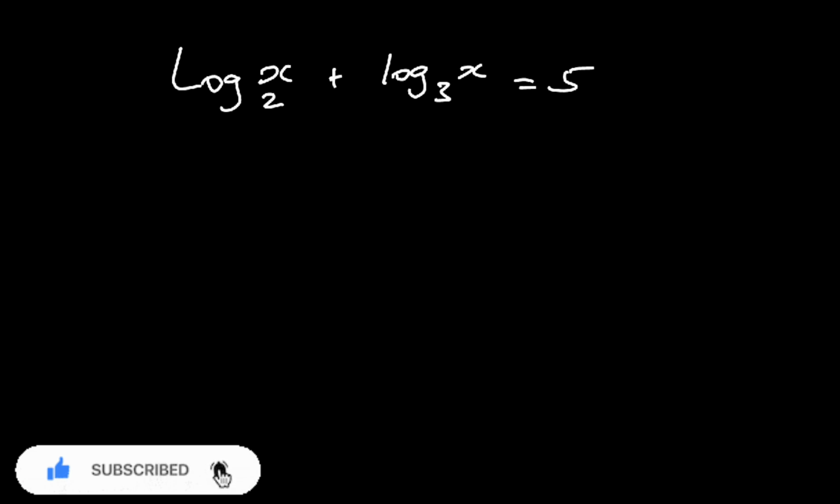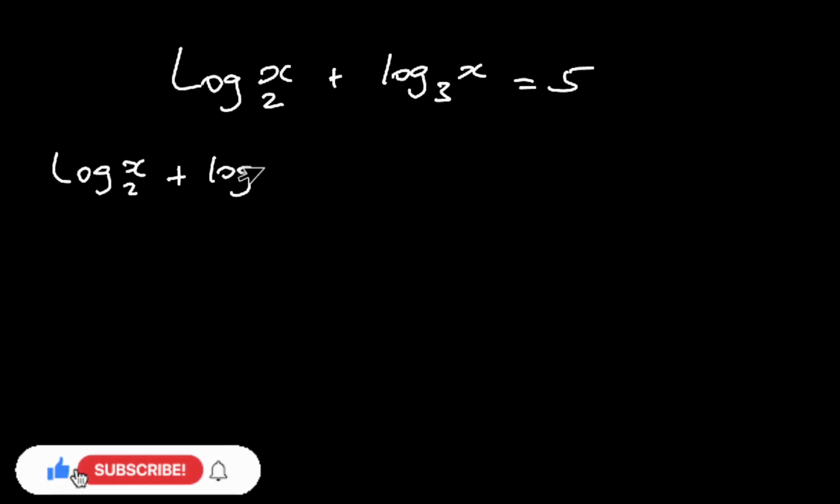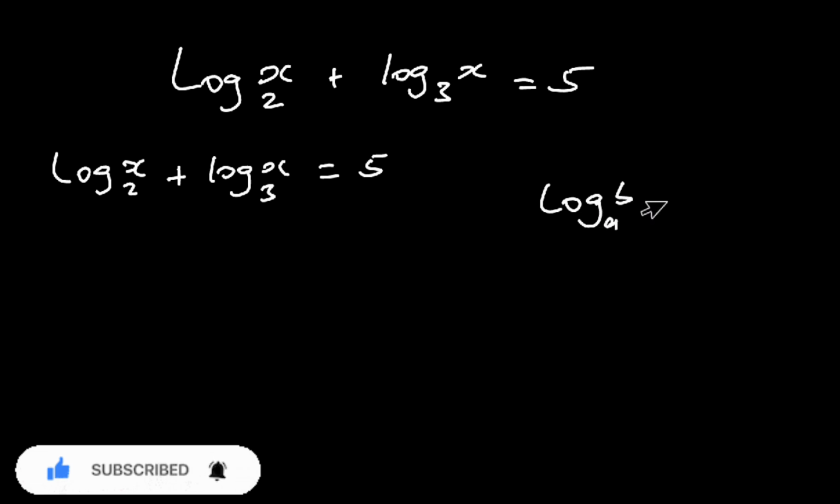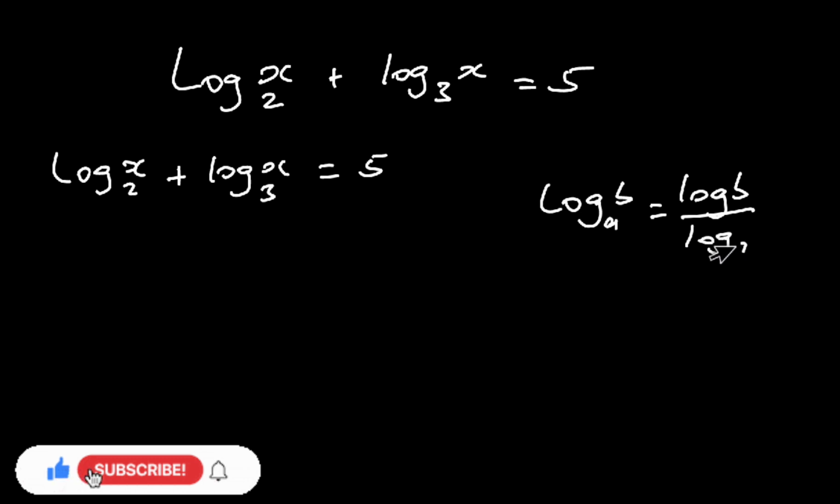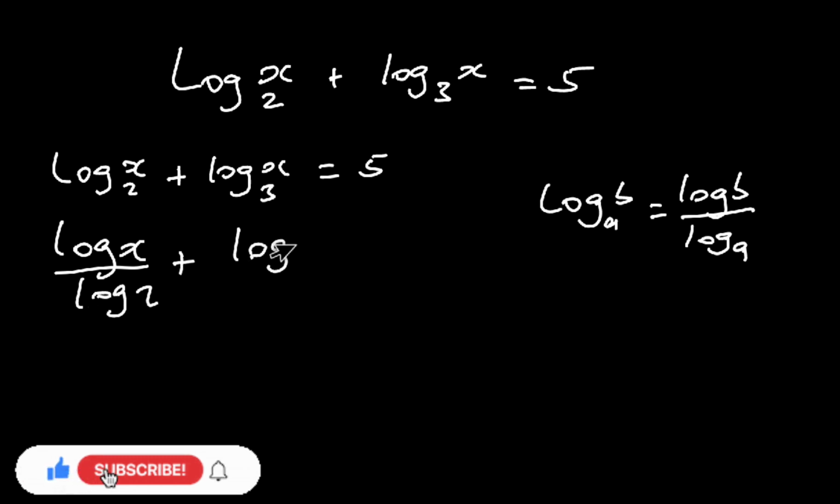And this first method I'm going to use now is very fascinating. Let's start. We have log x base 2 plus log x base 3 equals 5. Now, we know that if you have log b base a, this can be written as log b divided by log a. So we're going to be applying this logic to this part of the question and then to this part of the question. So we have log x divided by log 2 plus log x divided by log 3